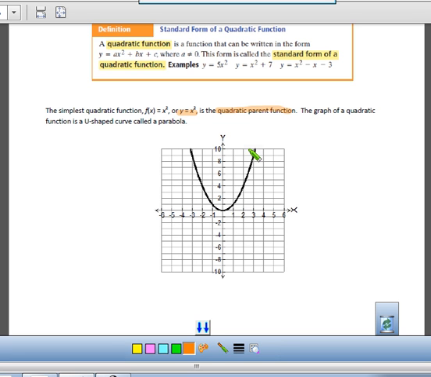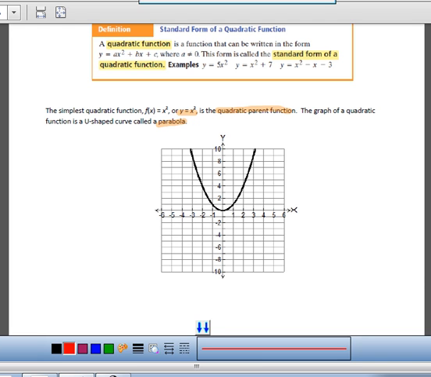The graph of a quadratic function is a U-shaped curve called a parabola. I often joke around, call it a parabola. Some math teachers hate that, so be careful what teachers you say that to. Parabola is the correct way. Now, I'm going to point out some things you're going to see on the next page, but I want to do it now. So there are two things